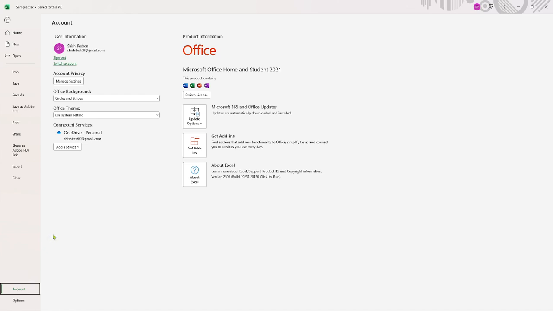After you've clicked on Account, take a glance to the right side of the window under the section labeled Product Information. Here you'll find the name of your product. This could be something like Microsoft 365 Apps for Enterprise, or perhaps Microsoft Office Home and Student 2021, for instance. The product name gives you a broad idea of the version you're working with, but there's more to uncover if